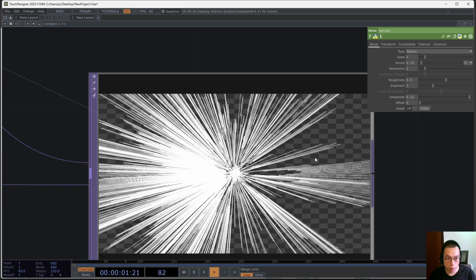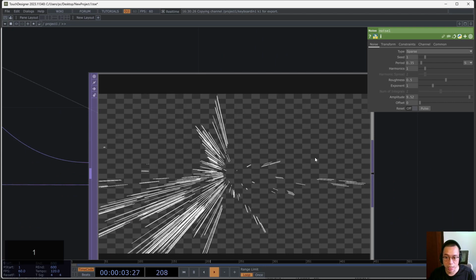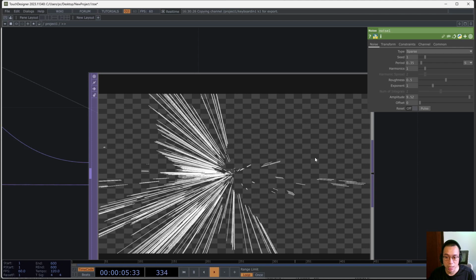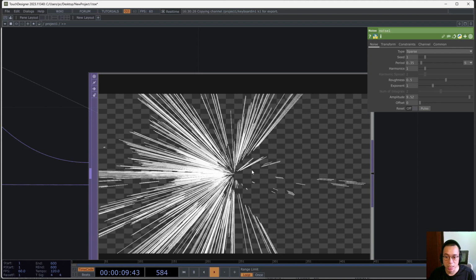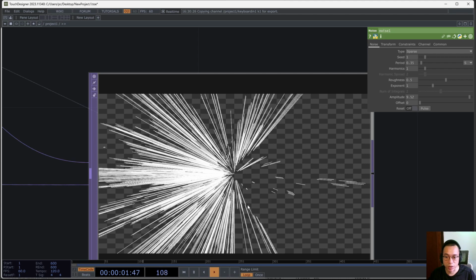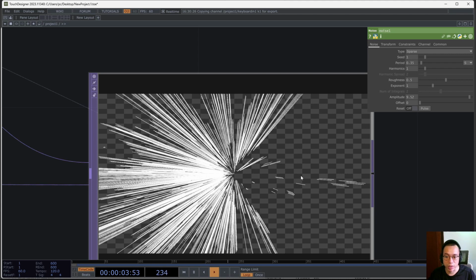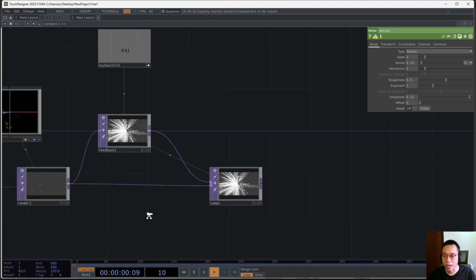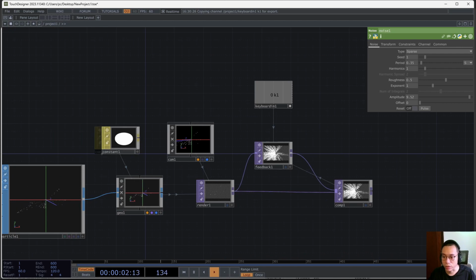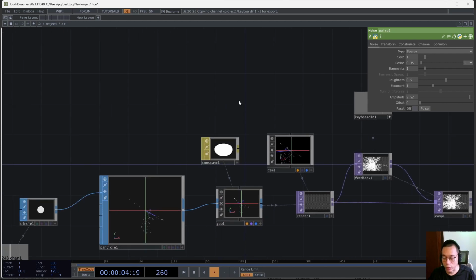Let me reset the feedbacks, and you're going to see it's emitted in the middle of the screen over here. So this is what we wanted for the lines. And then what we want to do next is add in an RGB channel to the constant,